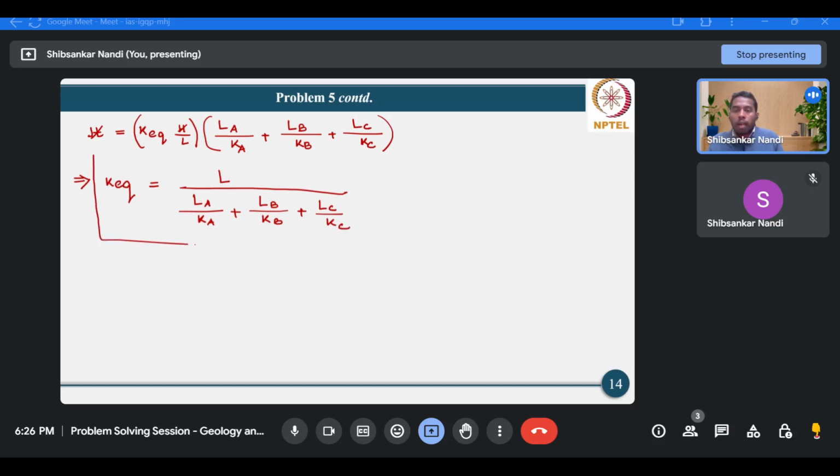So this is the final expression for equivalent hydraulic conductivity